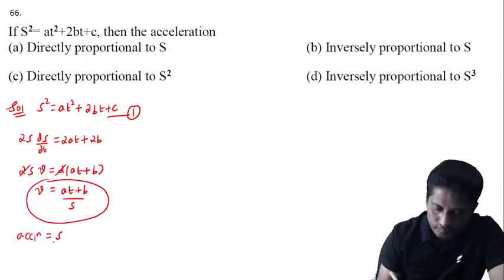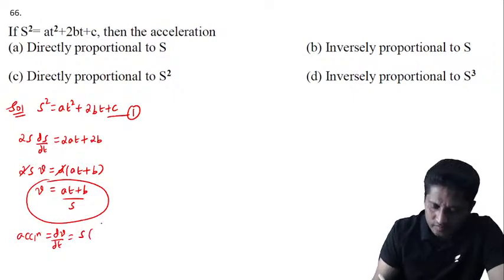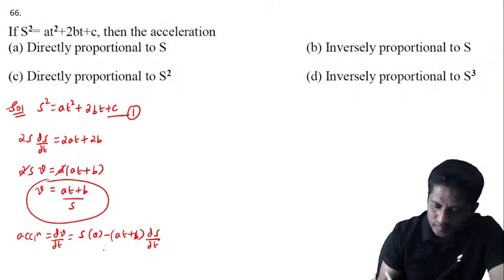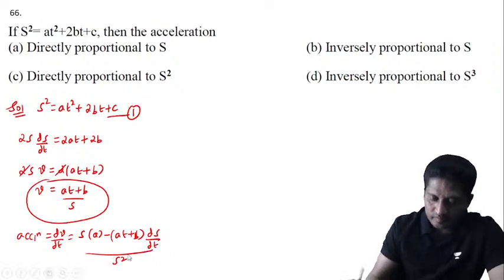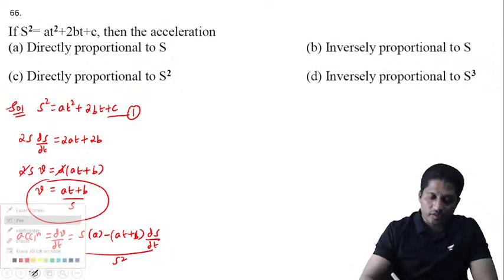V into, this is dv by dt. This is v into u dash minus u into v dash divided by v square. Right, now if I substitute,